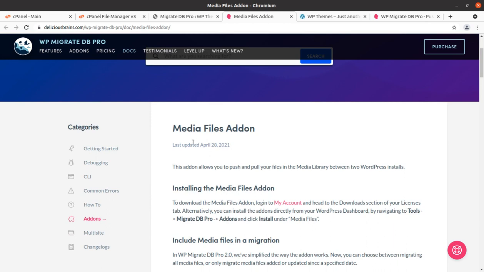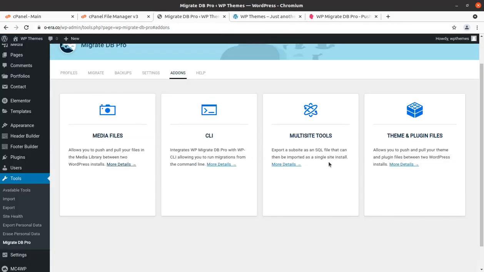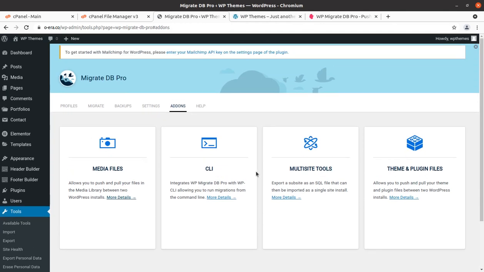Okay, so it is definitely another add-on. This is not available in our case, and in this plugin I don't have this add-on for media files, multi-site tools and theme and plugin files.